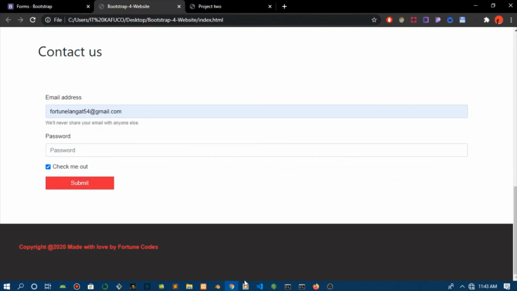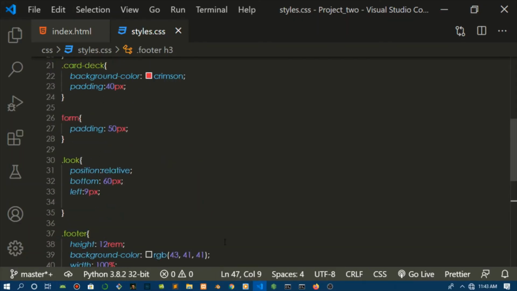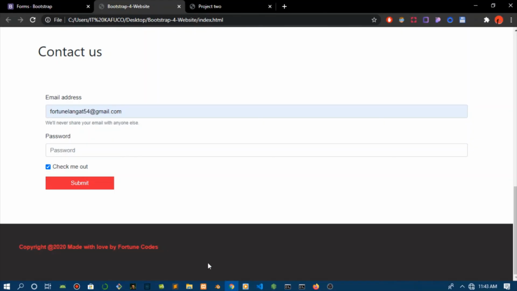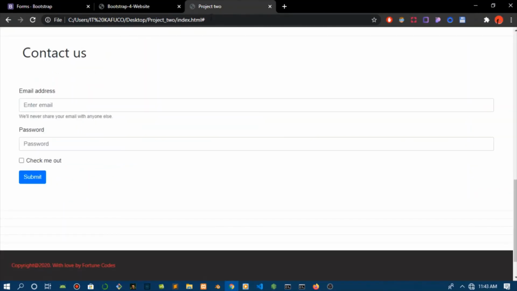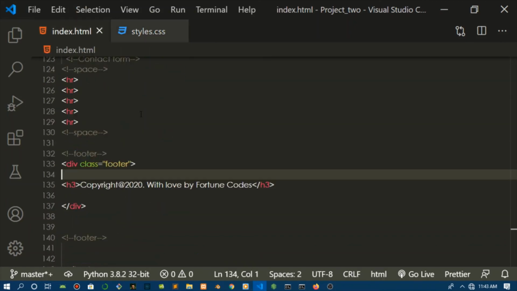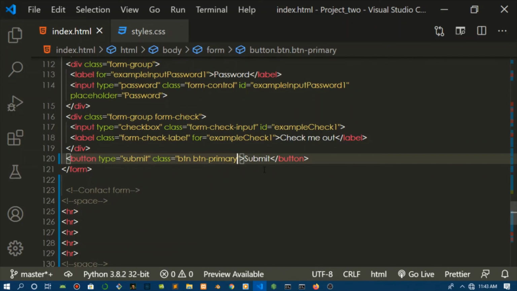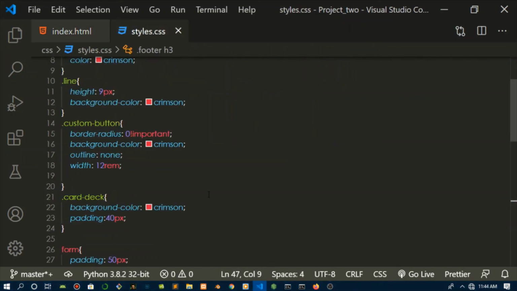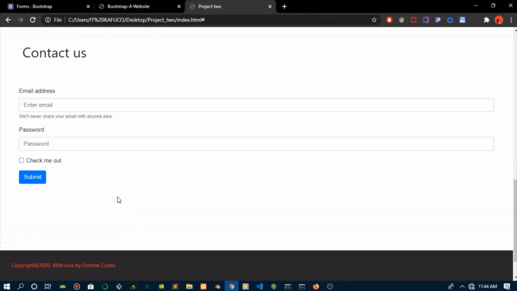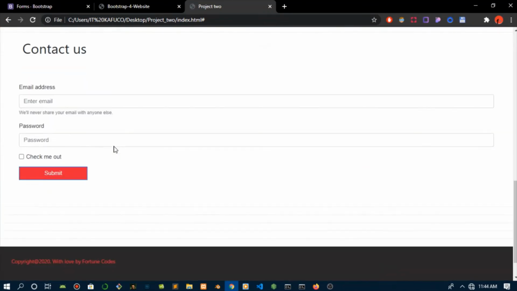We didn't quite achieve this exact same look, but you can just customize this until you achieve it. The submit button, we can actually change that. For the submit button, you just change the class to your custom button. Click on the custom button. Yep, custom button. Now once you refresh that,